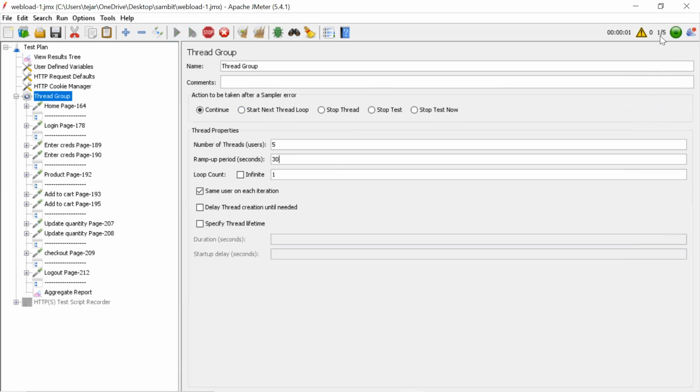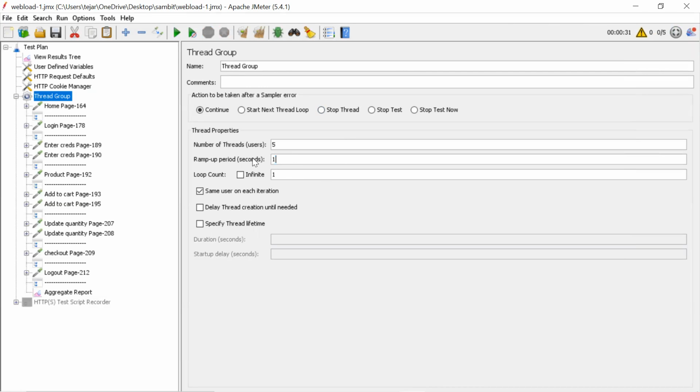So check here, now 1 by 5 is there, and the first user is still running the application. See, at 6 seconds the second user came, and again 1 got decreased because the first user is done with the action. At 12 seconds, again 1 user. At 18, 1 user, and the other one is gone and a new one is running. At 24, 1 more user, and the first user is done with the action, because it is not taking more than 10 seconds. Like that you can do.